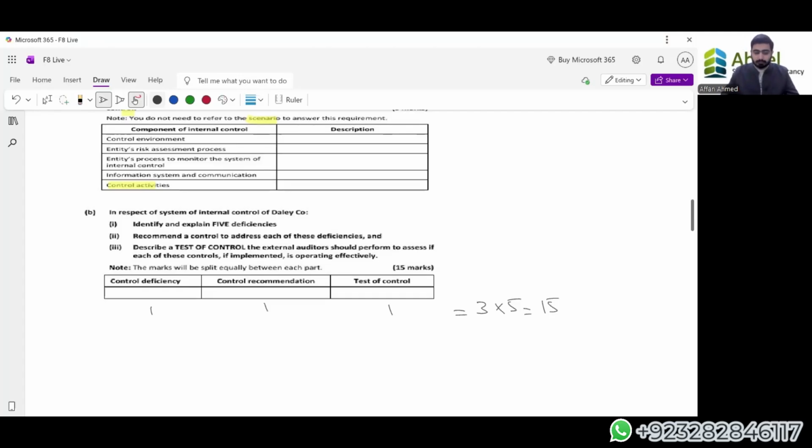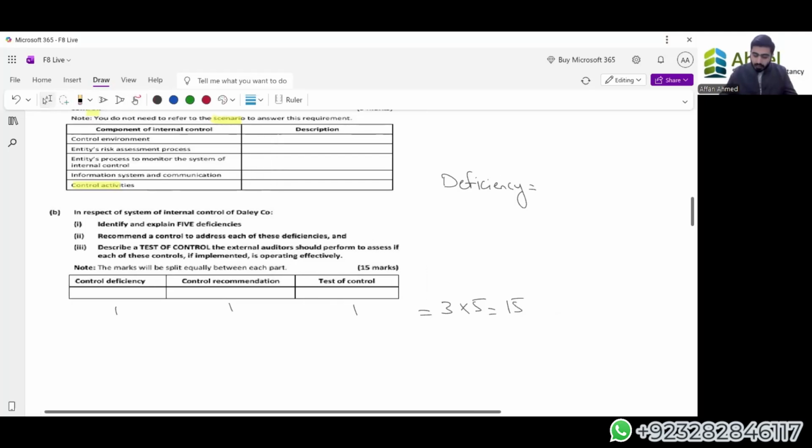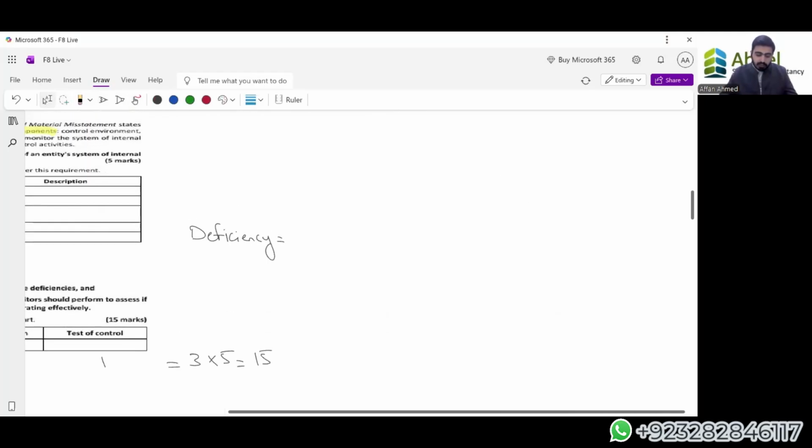Now, if I see a deficiency, let's just write something. What is my ideology here? How to write an answer? What would be my ideology here? First of all, I will copy the problem statement from the passage. First, identify the problem. And what is the examiner telling you in the passage, that this is the problem that we are facing, or this is the problem that is there? Mostly it is highlighted in the passage.